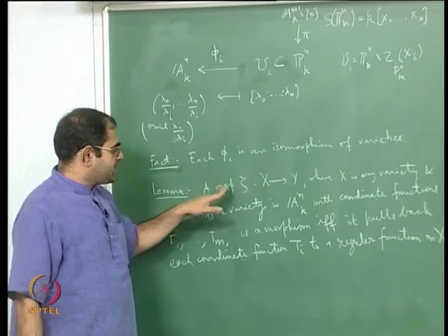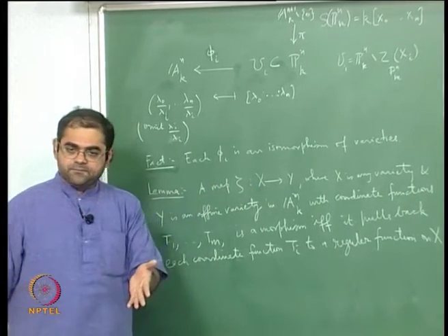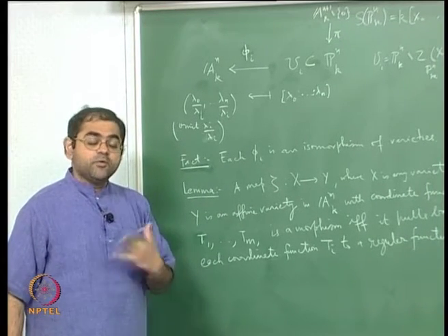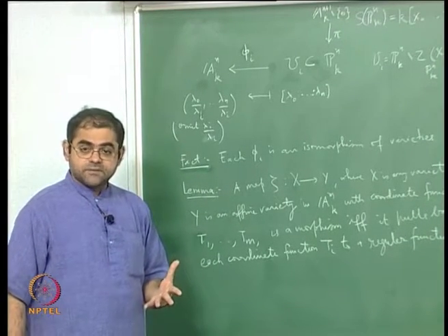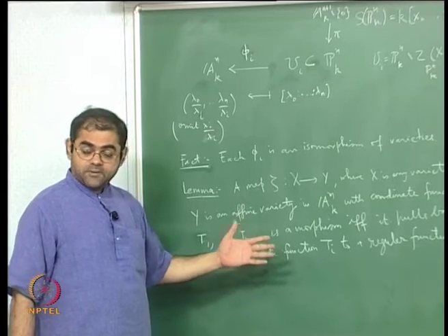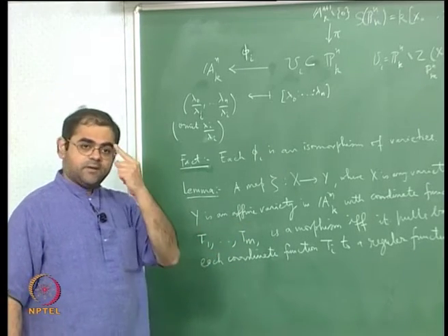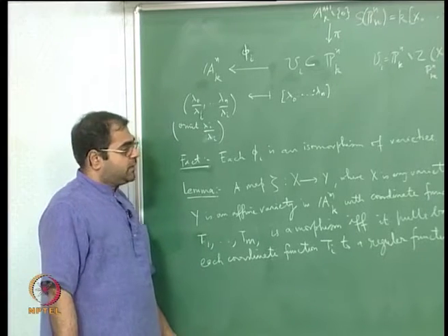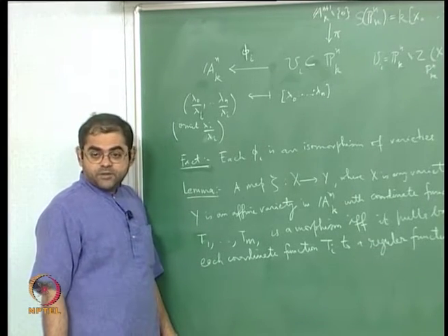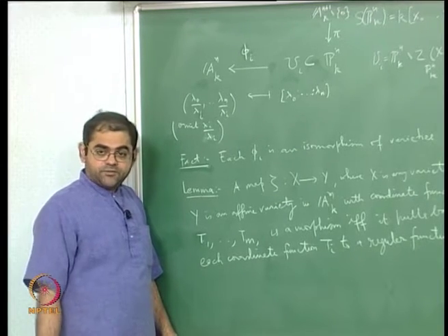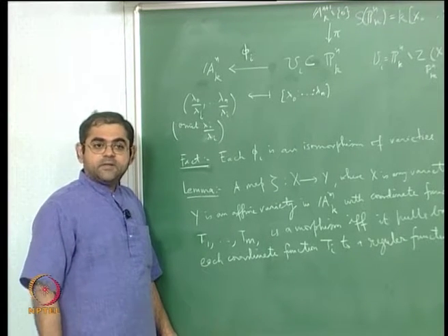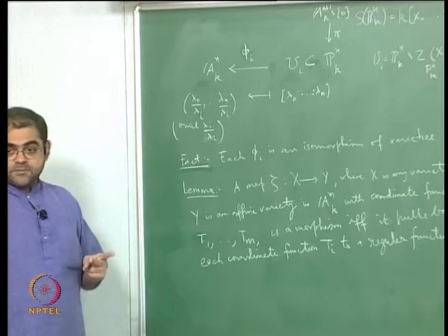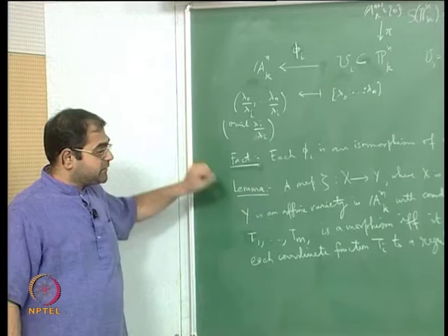So the idea is, if you are just given a set theoretic map, when do you check it is a morphism? How do you check it? It's a very powerful lemma, but it's very easy to use. The proof is also easy. If you want to check something is a morphism, you have to check two things. You have to check it's continuous, number one, then you have to check that it pulls back regular functions to regular functions. So checking involves two steps,